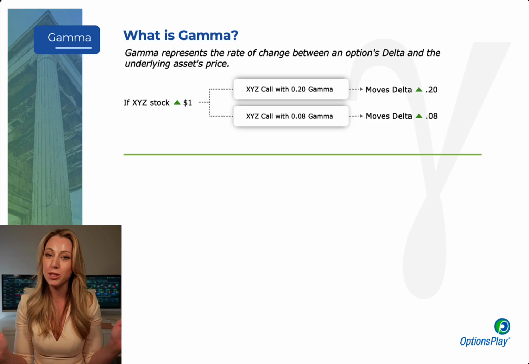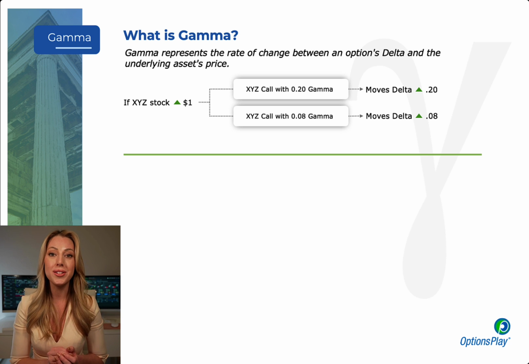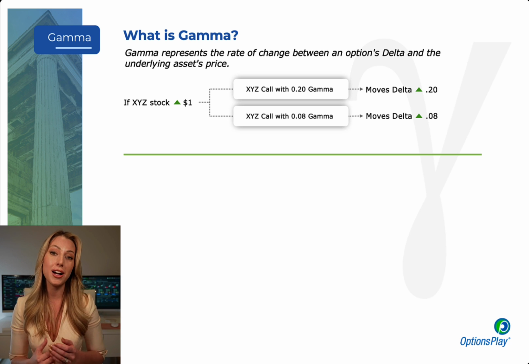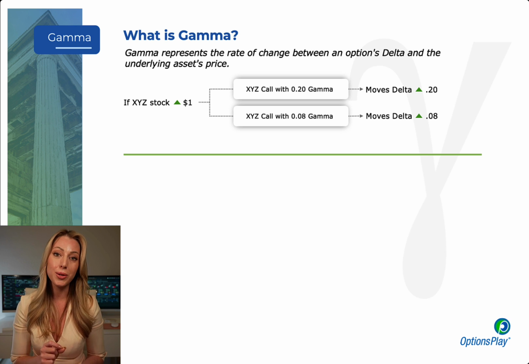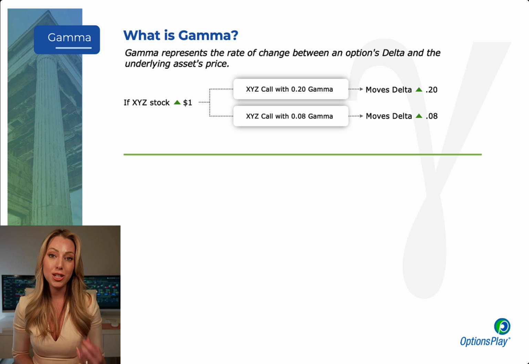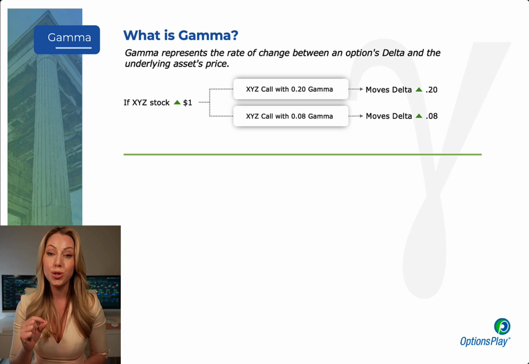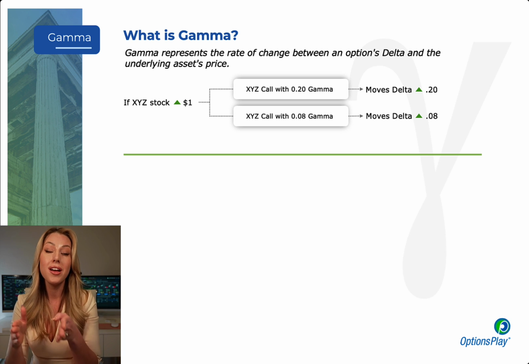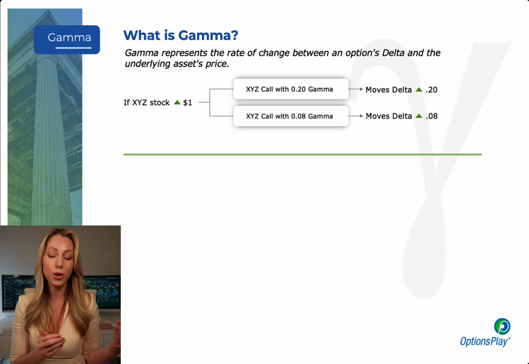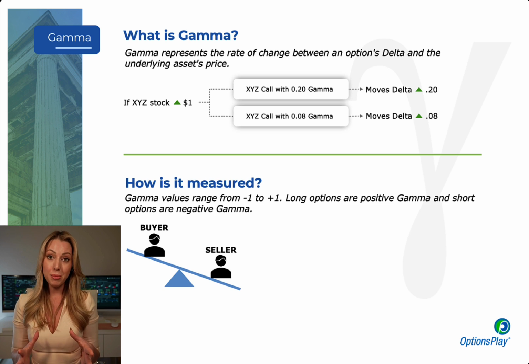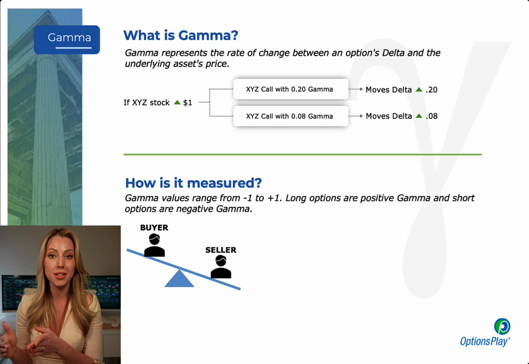Makes sense, right? Let's put it together. For example, if we have an XYZ call with a 0.02 gamma and another XYZ call with a 0.08 gamma, if XYZ moves up by $1, that means the 0.02 gamma call is going to move delta up by 2 cents, and correspondingly 8 cents for the 0.08 gamma call. Gamma is measured much like delta on a scale from -1 to +1, and that's because it's a derivative of